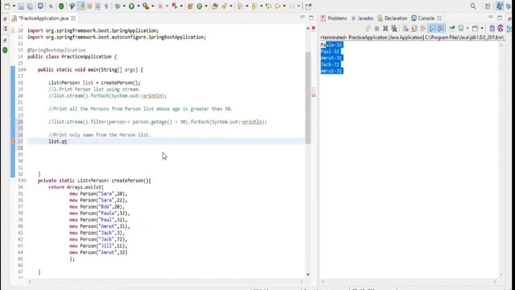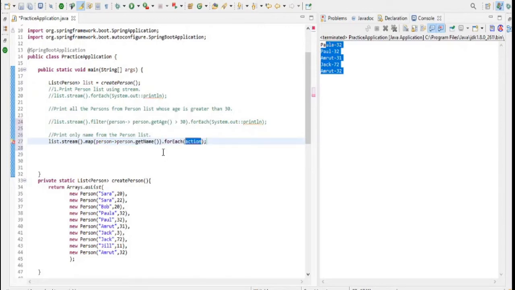Very easy. Same as here, the person is extracted. We need to transform it. So this is list. Again, we need to map all the person.get